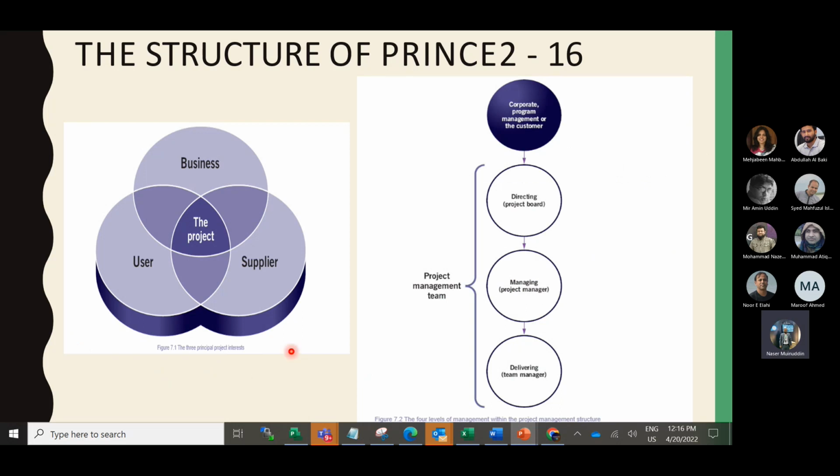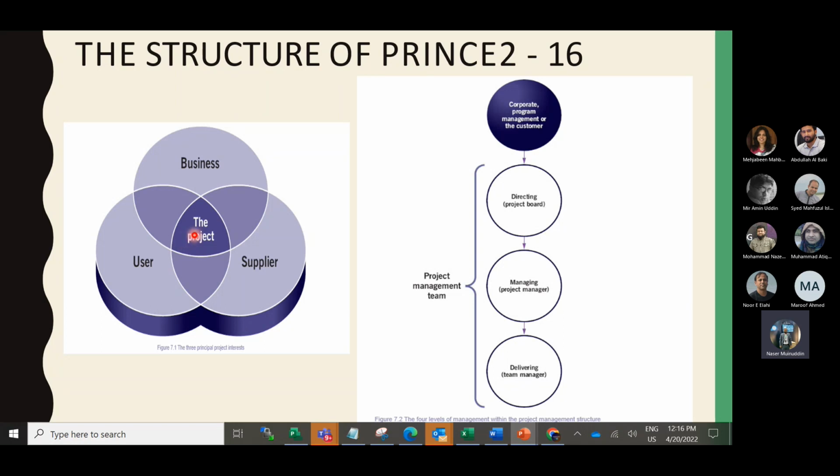And then the important part, what I mentioned earlier, the organization theme. When you form the business or project organization, the project board has three primary stakeholders. One is the business stakeholder, one is the supplier stakeholder, and one is the user stakeholder. The combination of the three is the project board.